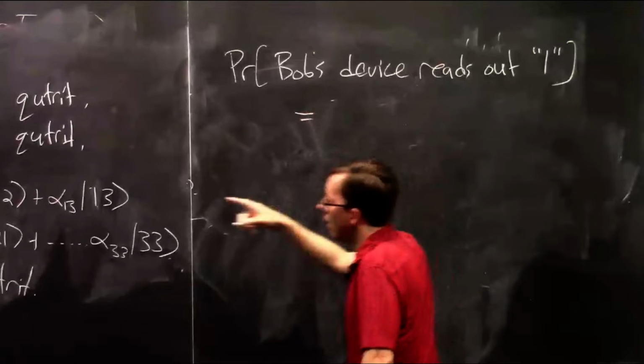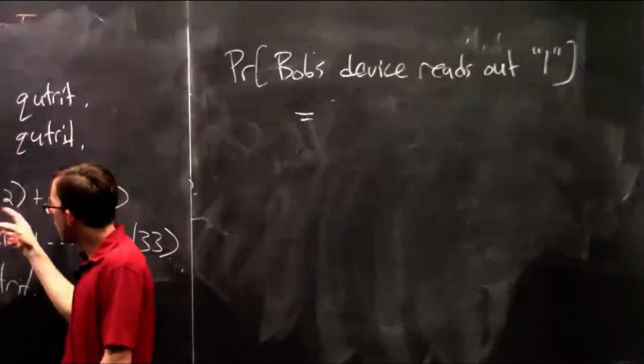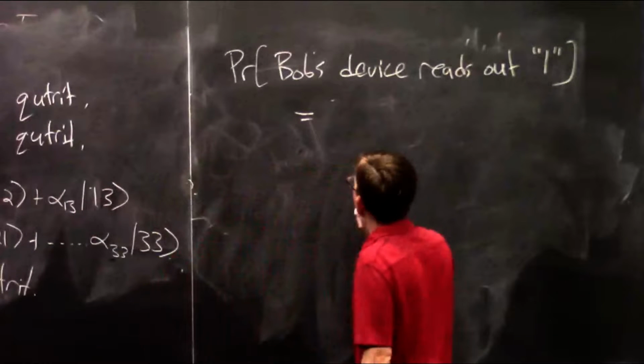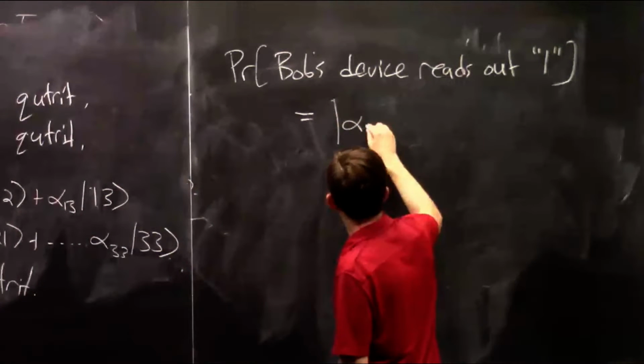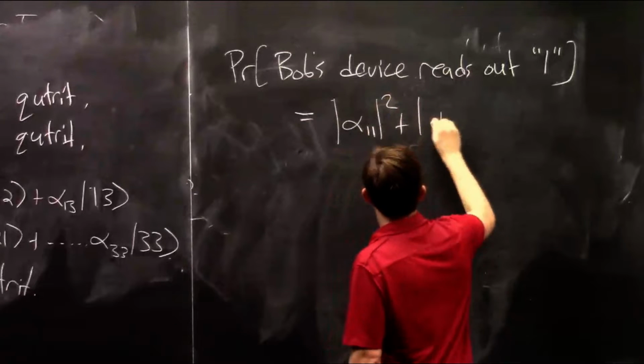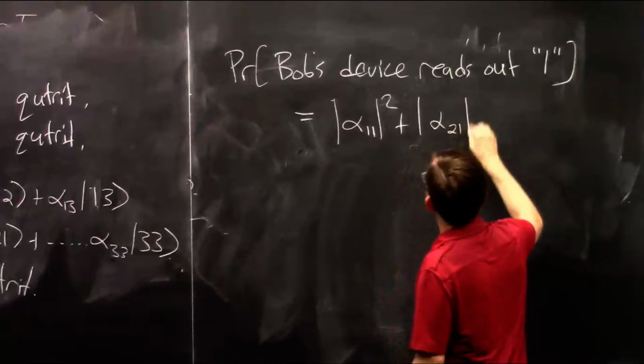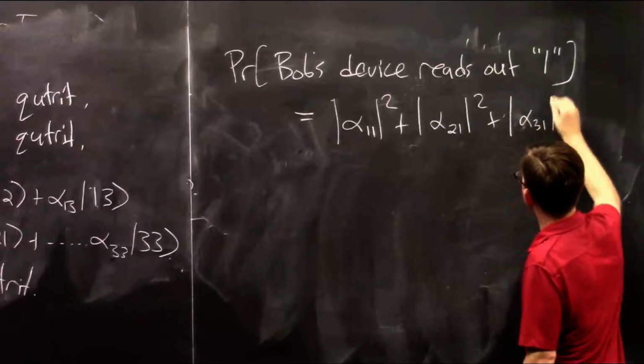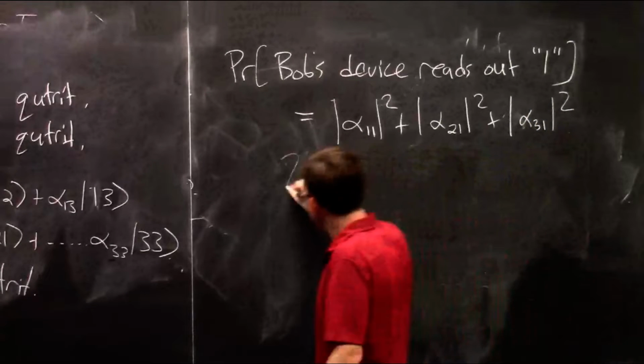is, again, you take all the pieces that correspond to having a 1 in Bob's location, and you add their squared magnitude. So it's magnitude of alpha 1,1 squared plus magnitude of alpha 2,1 squared plus magnitude of alpha 3,1 squared. And if this happens,